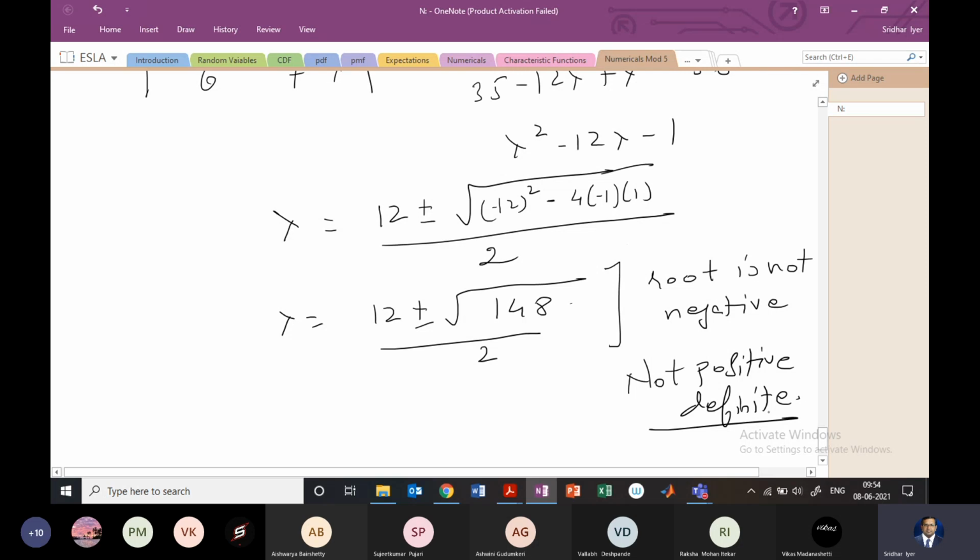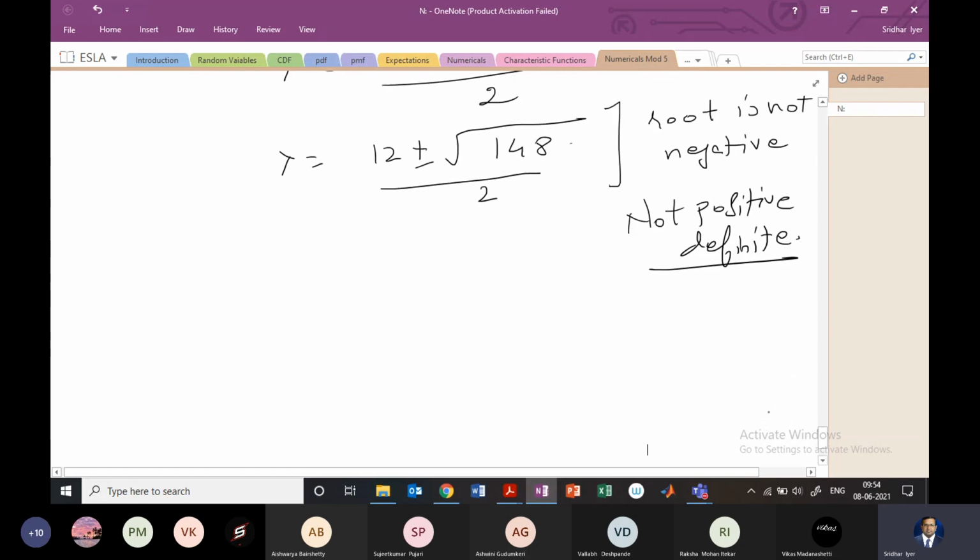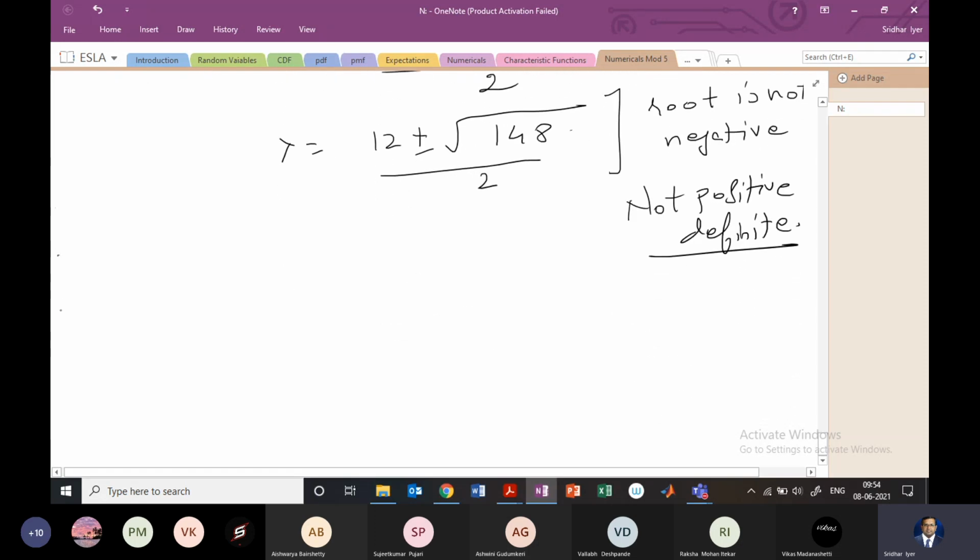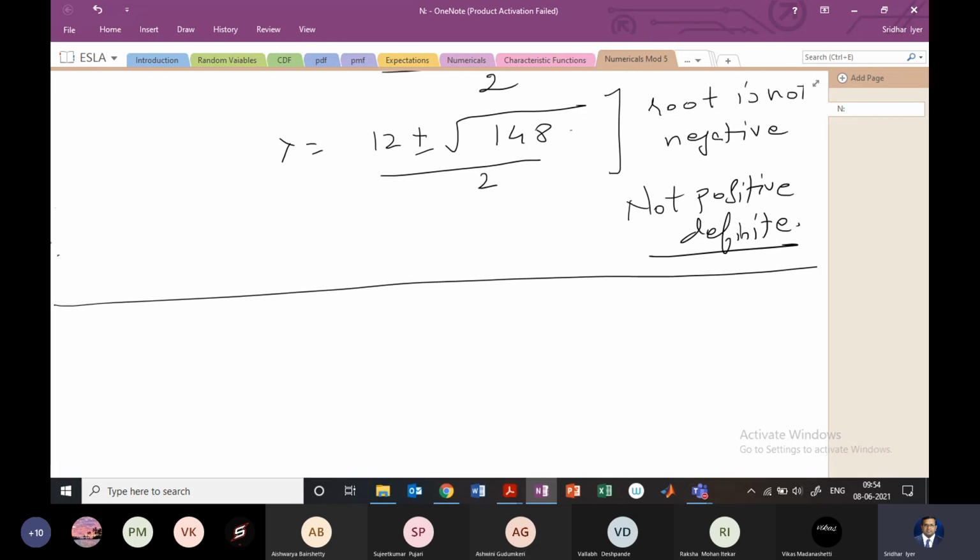Then there is another question which they have asked on diagonalizing the matrix. It's a 3 cross 3 matrix. We don't have time to do that. We'll do that in the next class because it will take time. You can solve this. This is one of the questions they have asked in the next model question paper. So I'll just give you the question. You can go back and solve this, and we'll check the answer in the next class.